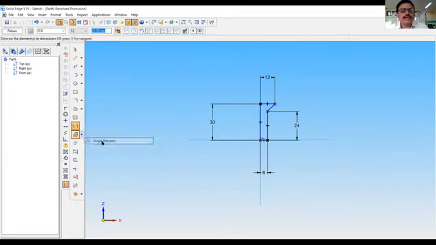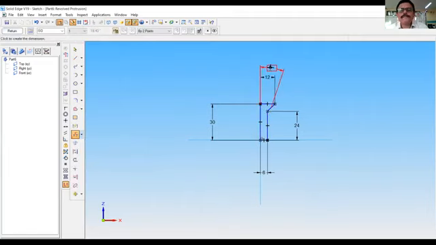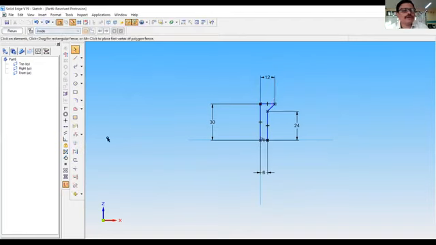You can also show the angle between this and this. It's coming out 18. It's actually 45 degrees. So let's adjust this.